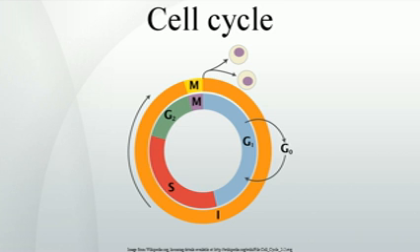Specific action of cyclin CDK complexes. Cyclin D is the first cyclin produced in the cell cycle, in response to extracellular signals, for example growth factors. Cyclin D binds to existing CDK4, forming the active cyclin D CDK4 complex. Cyclin D CDK4 complex in turn phosphorylates the retinoblastoma susceptibility protein, RB.